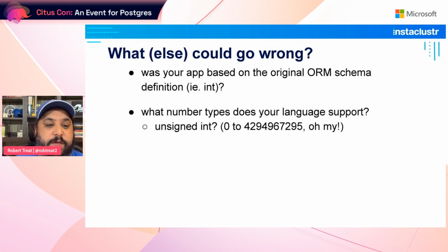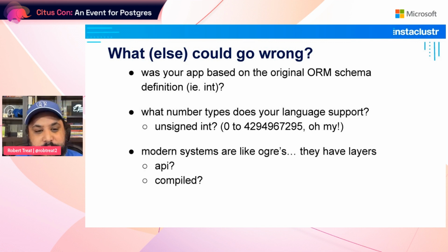And some languages use an unsigned int, which takes you from 0 to 4.29 billion. So you'll start putting in those 2.1, 2.2, 2.3 billion entries into your table just fine. And then, another couple of years down the line, this will break on the application side as it tries to put in a value that is okay from the database's point of view, but the app doesn't actually know how